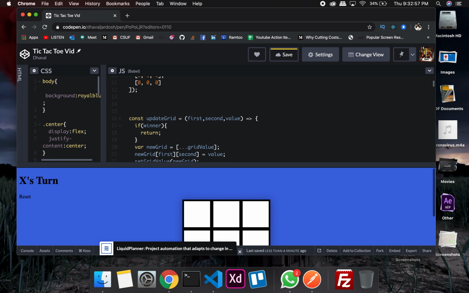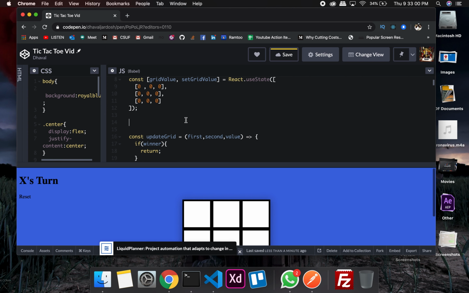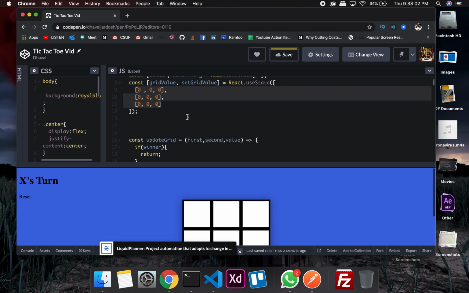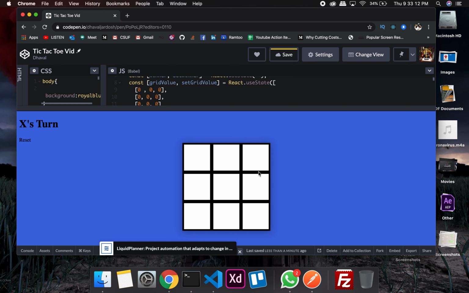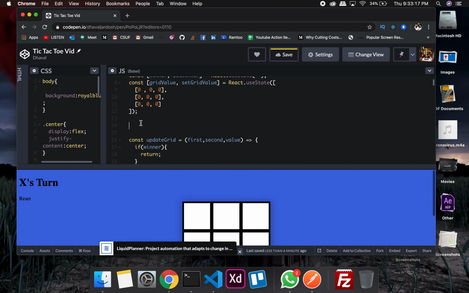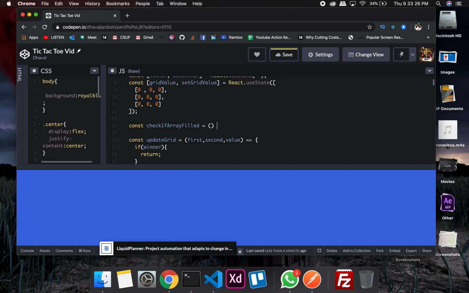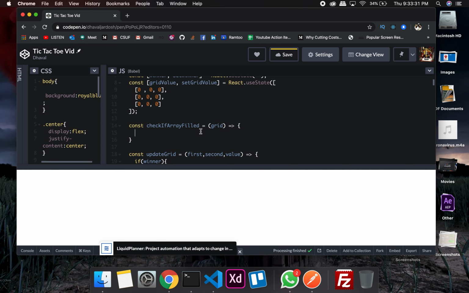Alright, so one more function which we have to create to check if all of them are filled with some value. We need to do one more check, because we need to stop the game if all of them are filled, and if it's a stalemate we need to stop the game and tell to restart the game. So for that reason I'll need to check the values. The const checkIfArrayFilled equals, I'm going to pass in grid, and what this is going to do is